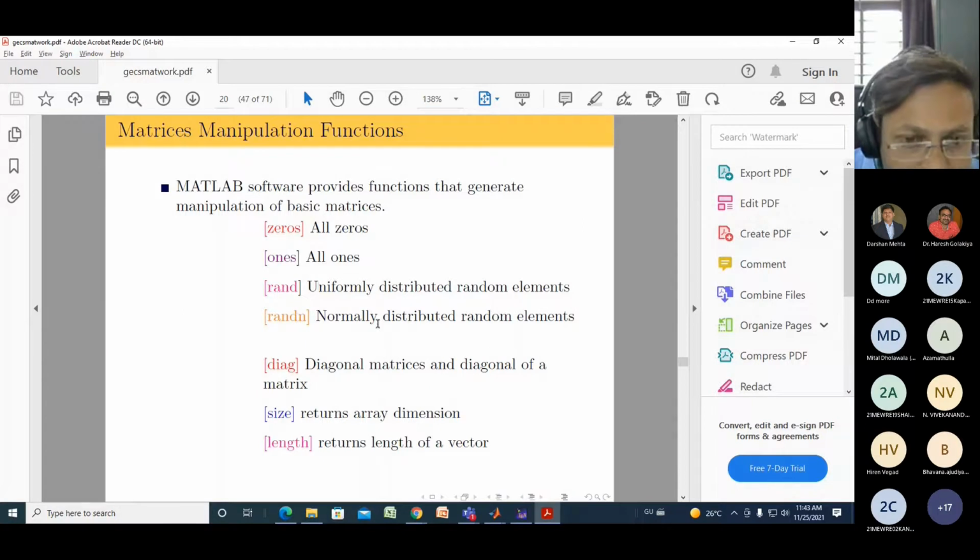It's another function. Now diagonal. If you want to find the diagonal, in many data extractions we need to use the diagonal elements. At that time MATLAB has created the function DIAG. It's the diagonal of a matrix. Now SIZE, if you want to know the size or dimension of the array, this is the command, the function created by MATLAB. Length. Length is very important because while you are plotting, this command is very important. Length will return the length of that vector.